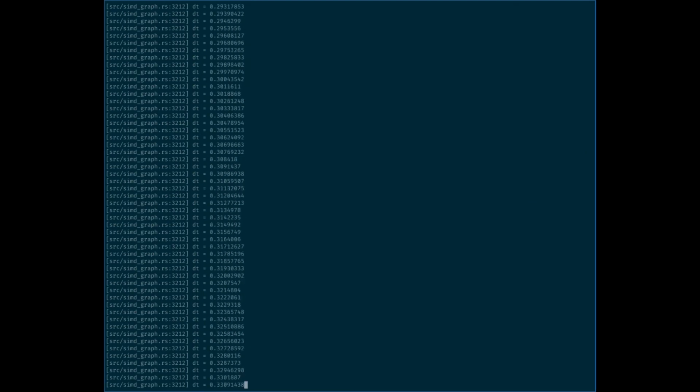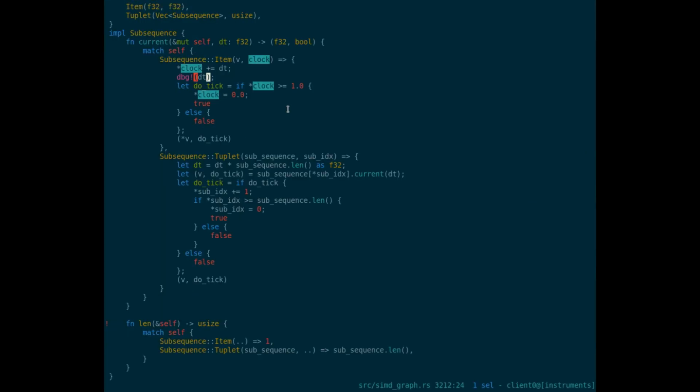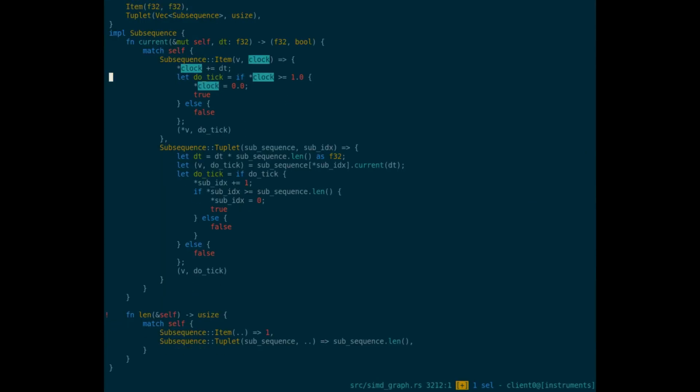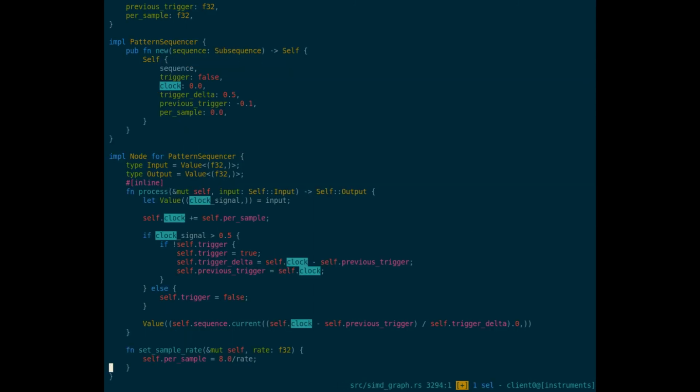That is not the same at all. Okay, why is that? What am I doing wrong? dt, so that sequence length is certainly not changing. So it has to be changing here. And it is, okay, it's changing because